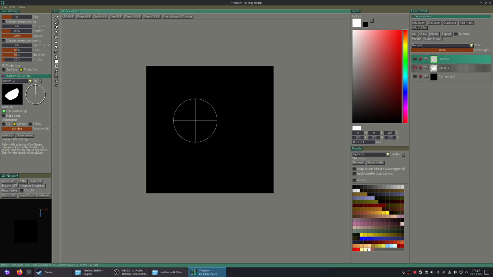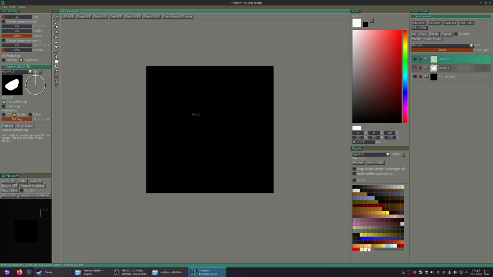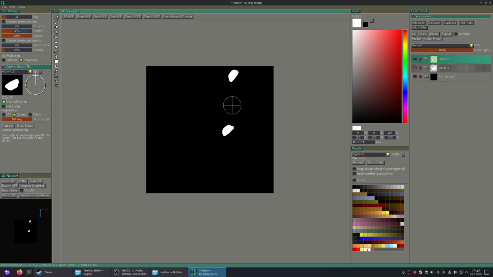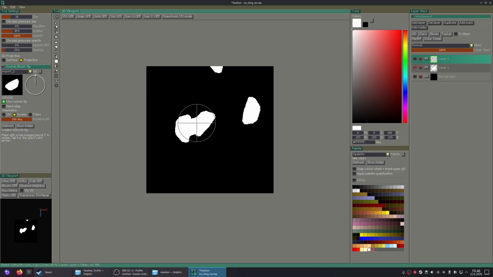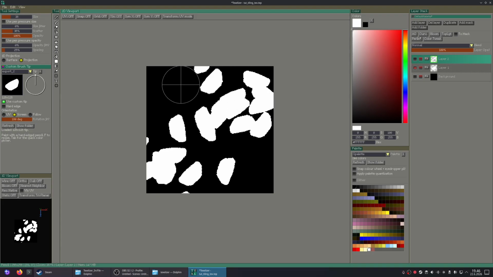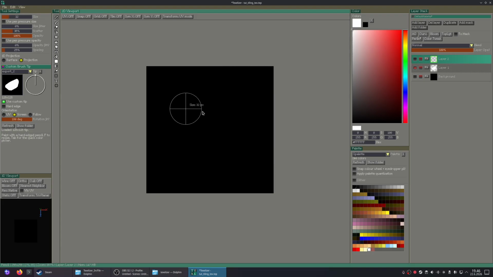And I actually want to do this with a pencil. Sorry about that, I was in the brush tool. Just quickly dial these in. This is global, since the brush tip thing is also global, so it persists if you change tools, but then the actual brush settings are per tool. Just something to keep in mind. So yeah, now with the pencil tool we get a proper mask.